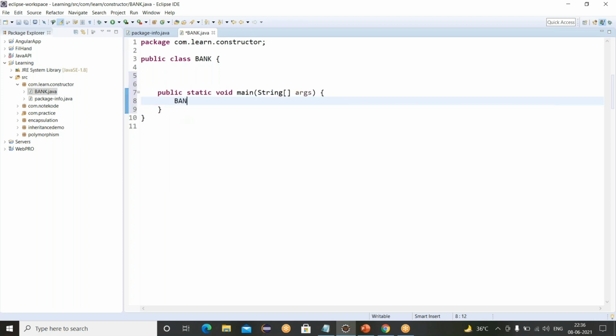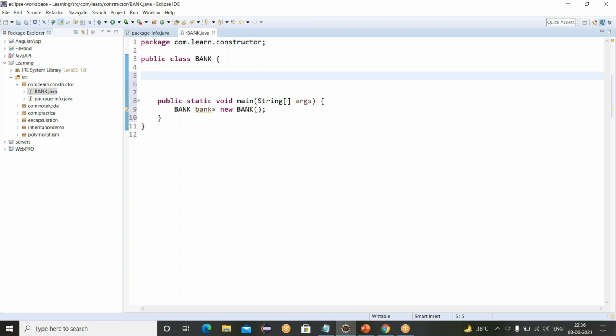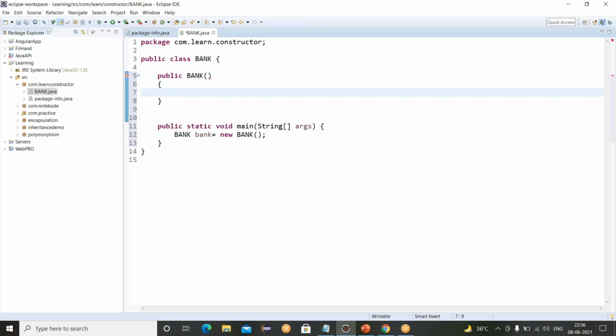Let me create an object of Bank. Bank bank is equal to new Bank. An object of the Bank class I have created. Now I have to create a default constructor. A default constructor is a constructor without any argument. So we will write public, and the name of the constructor will be the same as the class name. So Bank, it is just like a method without any return type. So I have created a default constructor without any argument, and let me write a simple